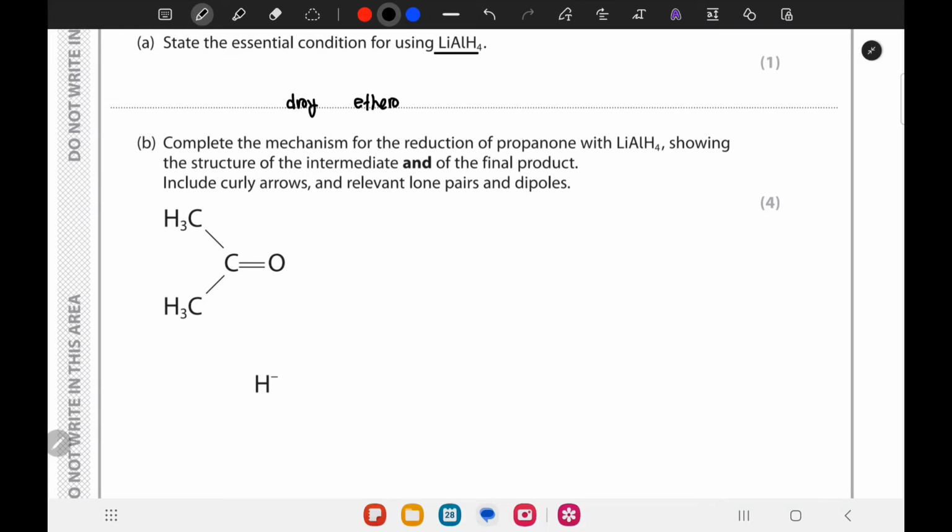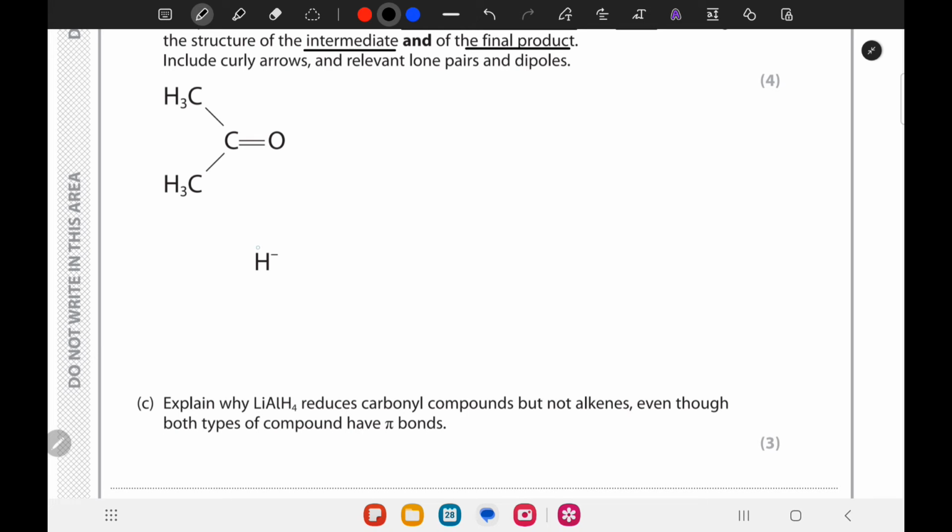Now we have to complete the mechanism for the reduction of propanal with LiAlH4 showing the structure of the intermediate and the final product. So we have an H minus over here. This will have a lone pair. This attacks the carbon over here. Since the carbon is electropositive, this oxygen is electronegative. This will cause this double bond to break heterolytically with the electrons going to the oxygen. So we'll have an intermediate. This over here